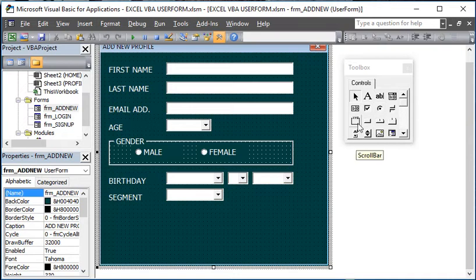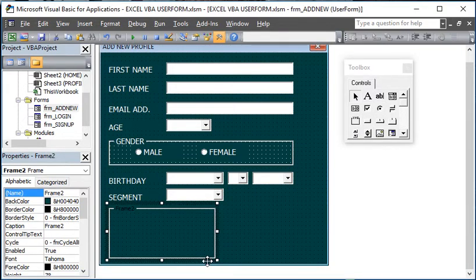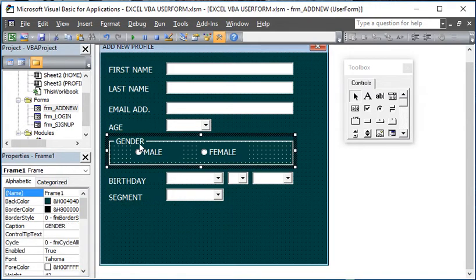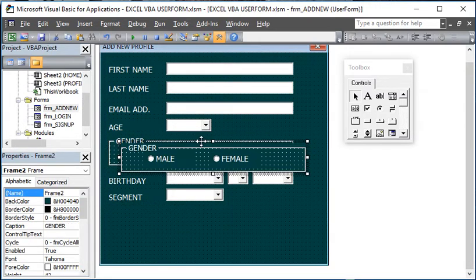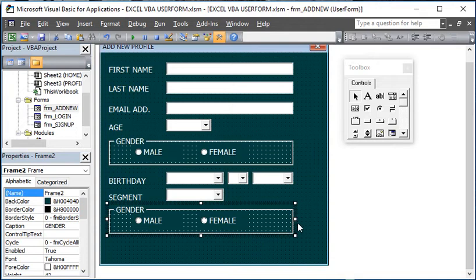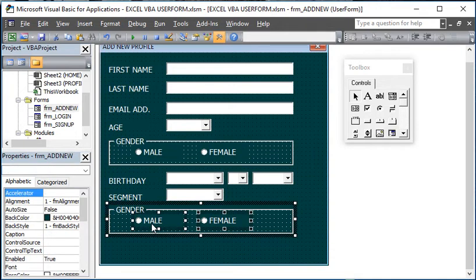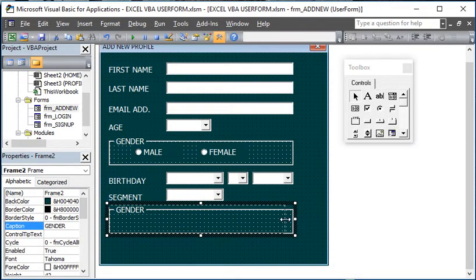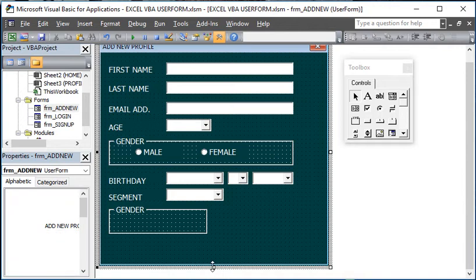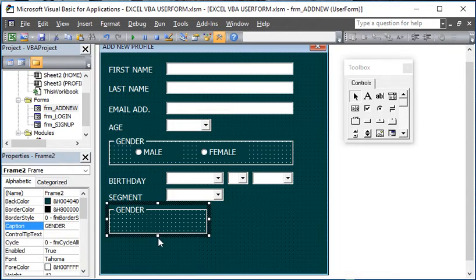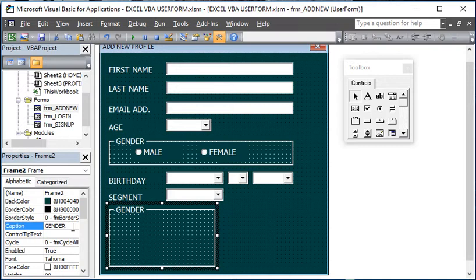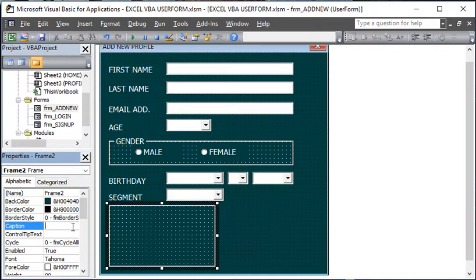So let's add another frame here. Or I can just copy this one so I don't need to change the properties again. I'll just delete this and expand this form. So I'll change the caption into favorite subjects,